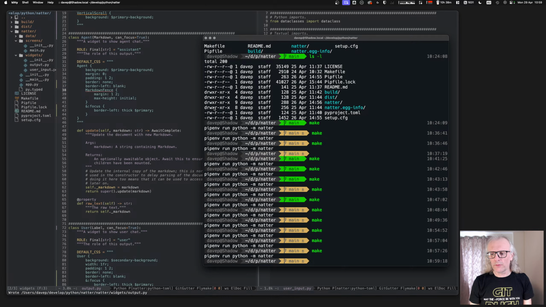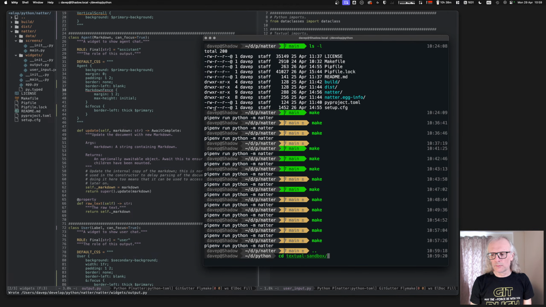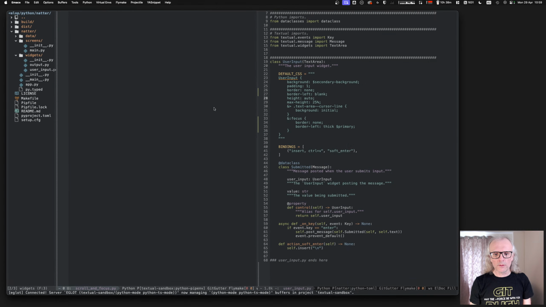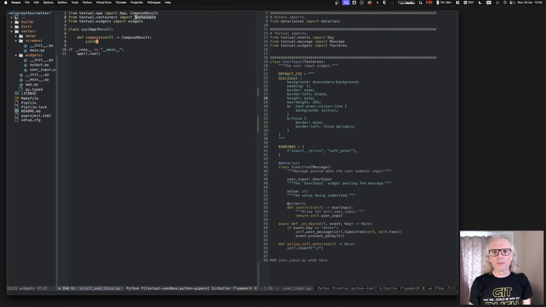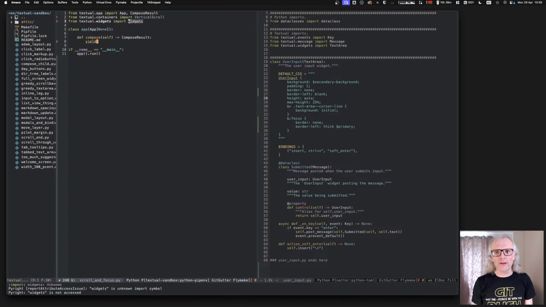Actually, let's do an MRE for that now. Going off on a sidetrack. So, we want to... Really? Vertical scroll, and we're going to have, let's have a label.